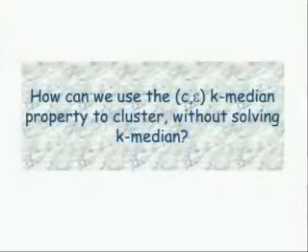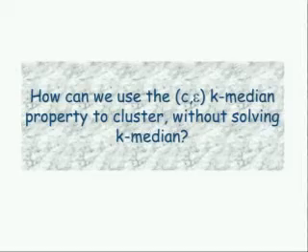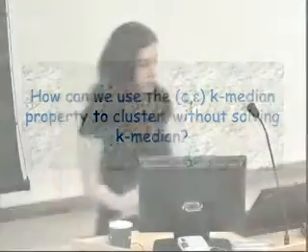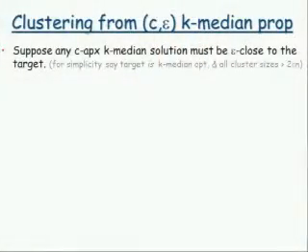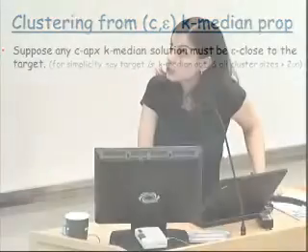All right, so this is an overview of the type of results that I'm going to talk about. For the rest of my presentation, I'm going to pick an objective, in particular the k-median clustering objective, and I'm going to show how we can cluster well if the C-epsilon property is satisfied. So let's assume that, indeed, for our given data set, the C-epsilon property is satisfied. That means any C-approximation to the k-median optimal solution is, in fact, close to the target clustering.